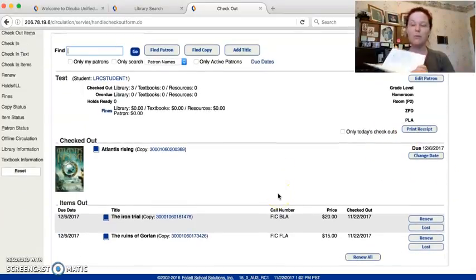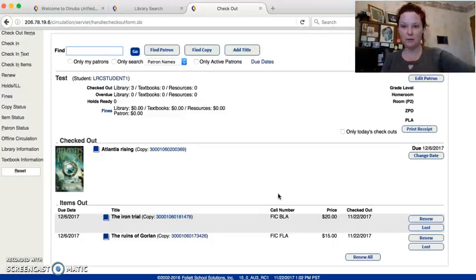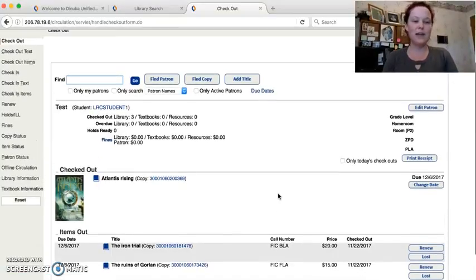And this is only applicable for some of our school sites, but if it does apply to you, please make sure that you stamp the inside of the book with the new due date and you remind the student as they leave. Remember, once again, we want to teach our students to be responsible about returning materials on time. So now that you've learned how to check out a book to a student,